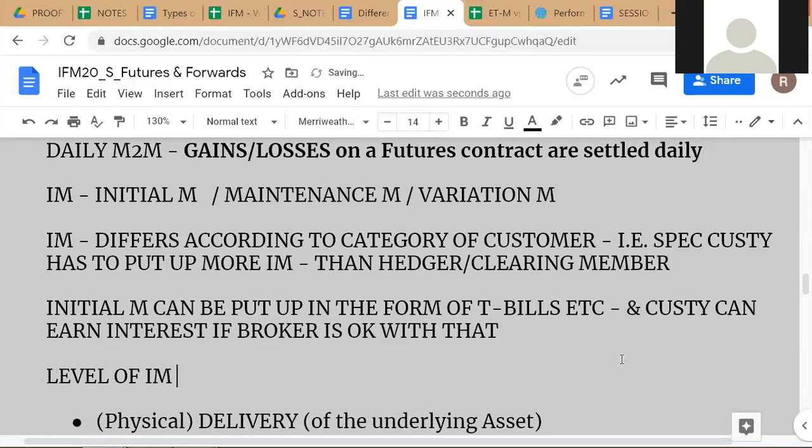Level of IM and MM. Okay. In this particular module, when we are writing IM and MM, obviously we mean initial margin and maintenance margin. In some other context, MM might have referred to market maker, etc. But you have to understand the context here. So initial margin and maintenance margin levels of IM and MM are